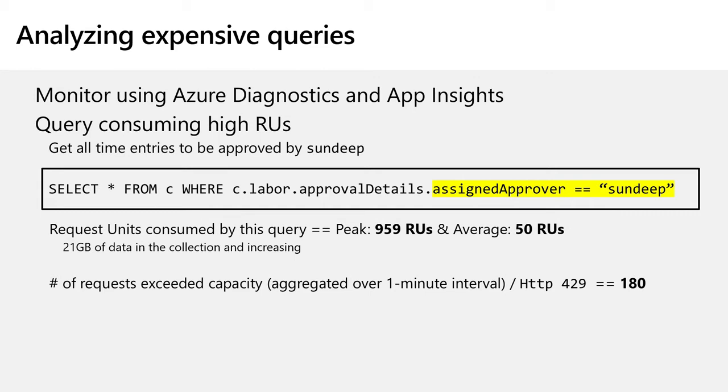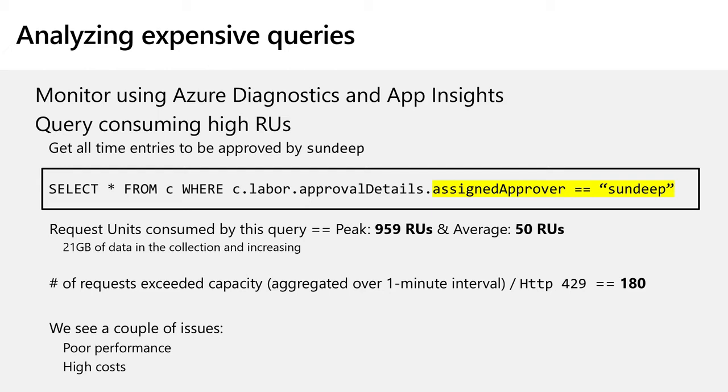The number of requests exceeding capacity: I set the capacity at 500 RUs for the POC. So 180 queries are exceeding the capacity, and when that happens, Azure Cosmos DB retries. It retries 9 times to give you the result before it says it can't do it, and the error code you get is HTTP 429 when it exceeds the rate limit. So we see a couple of issues here. Because it's taking a lot of retries, it's poor performance for the query, and high cost because of high RU consumption. That's why you see the towers up there.